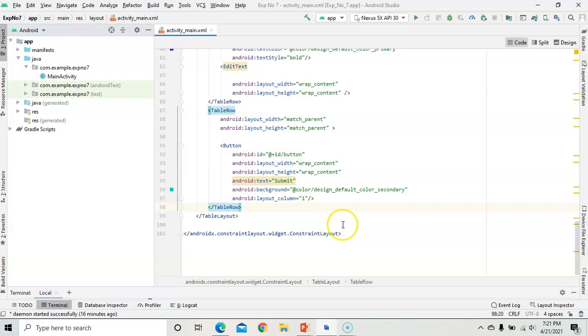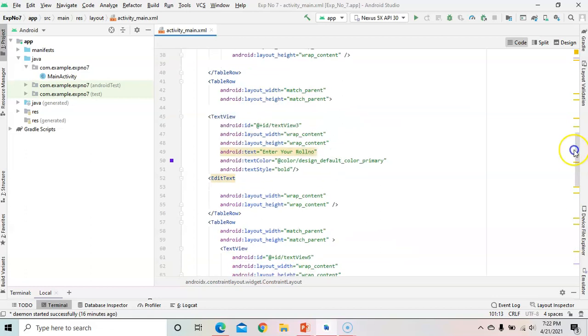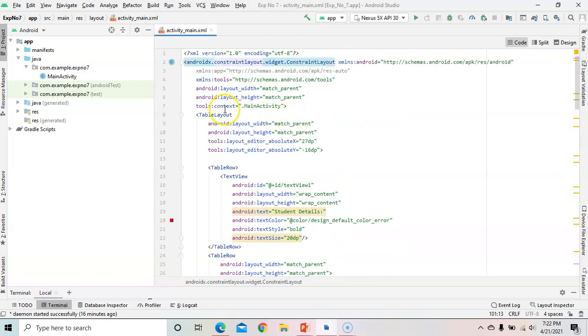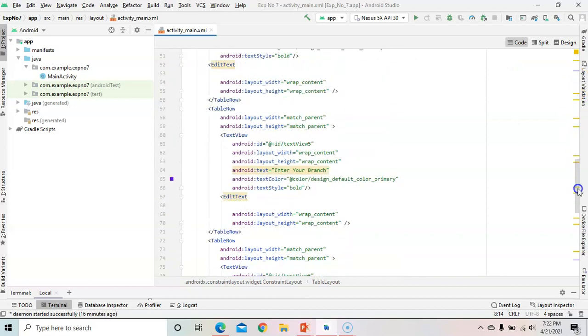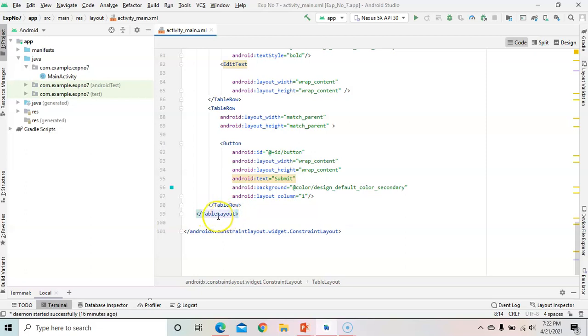And then in the last we have closed the table layout, and then the last constraint layout, which is closed by default. So the table layout is started here, and after adding all those table rows, we have to close the table layout in the last.